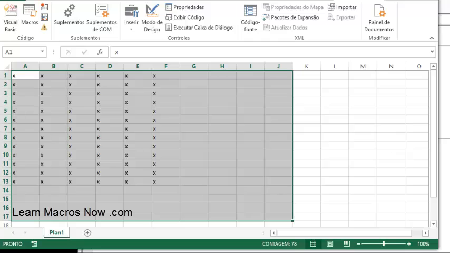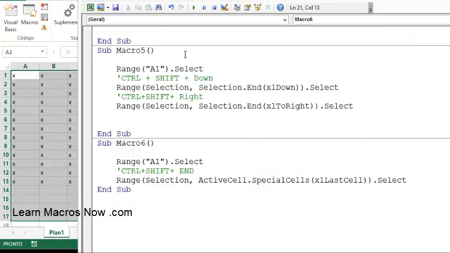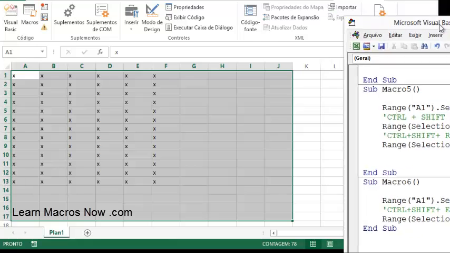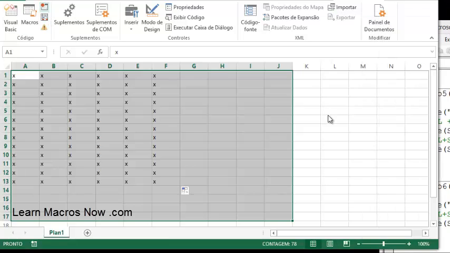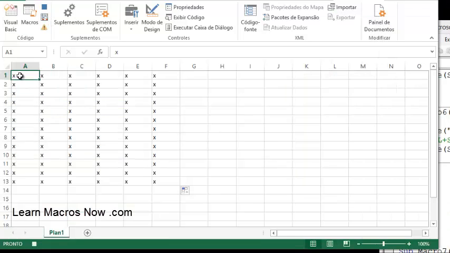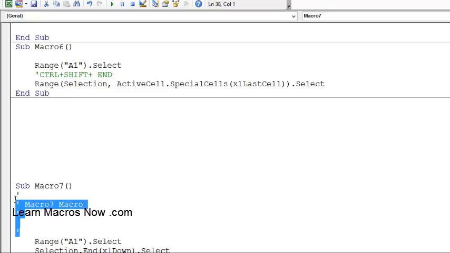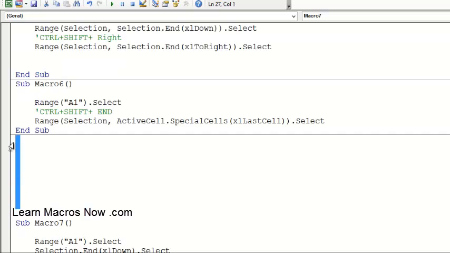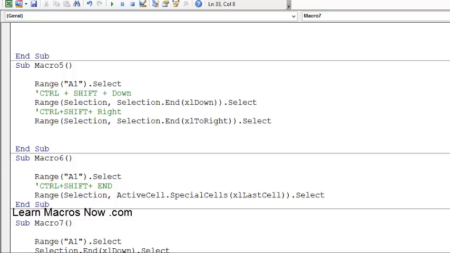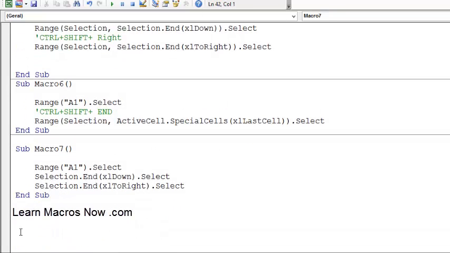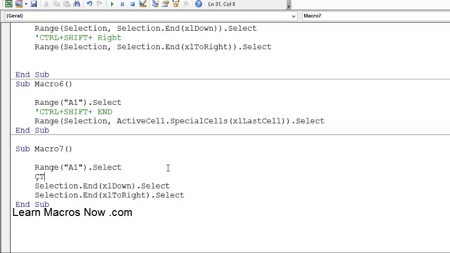All right, another way to do it is the following. I'm going to record another macro, and this time I'm gonna click on A1 and I'm gonna do Control down and a Control right. Okay, now I'm gonna stop the macro and I'm gonna see what I have here. I have this code over here. This is the code that I have. So I'm clicking on A1 and I'm doing a Control